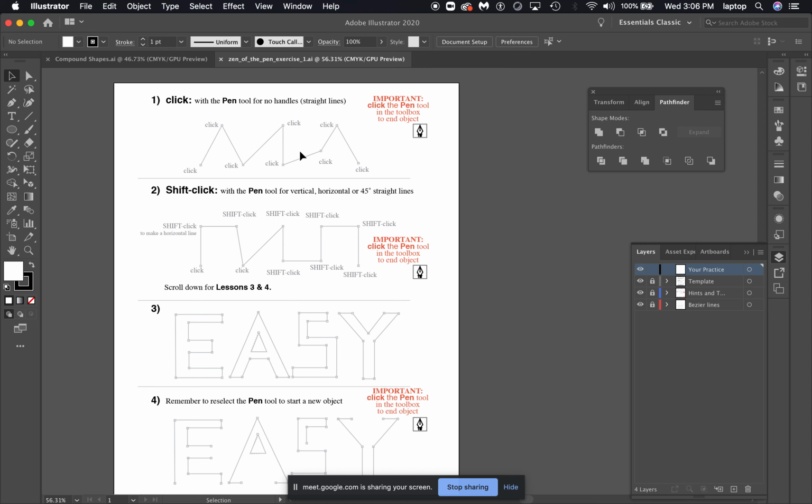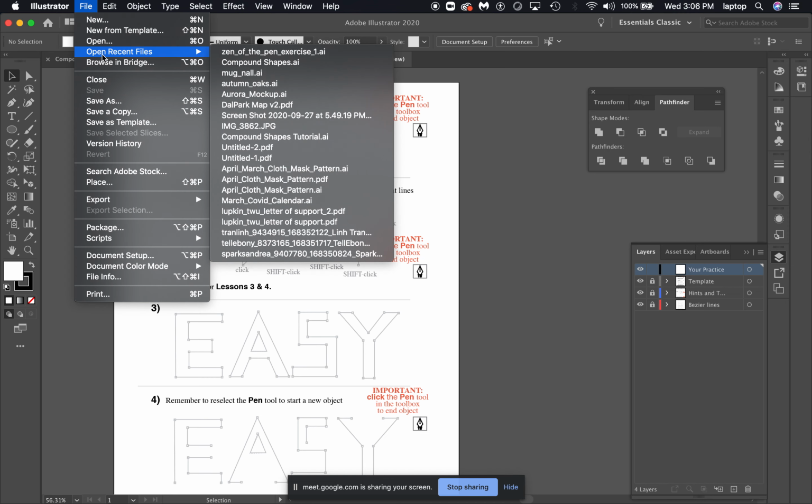We're going to work on Zen of the pen. So I'm going to go ahead and open all of those files so that I can just go through all 5 of them. So I'm going to go